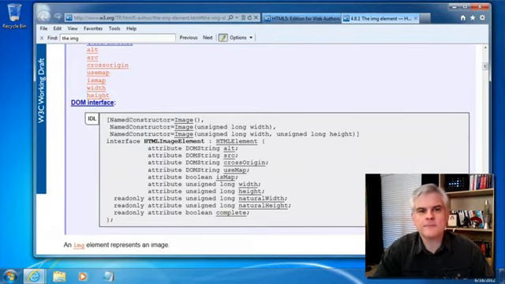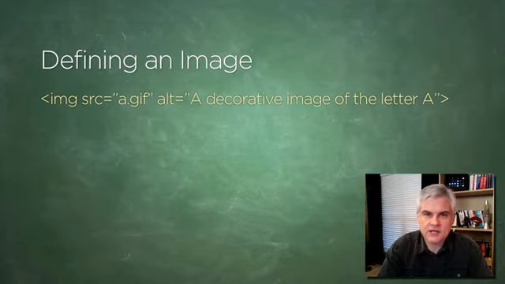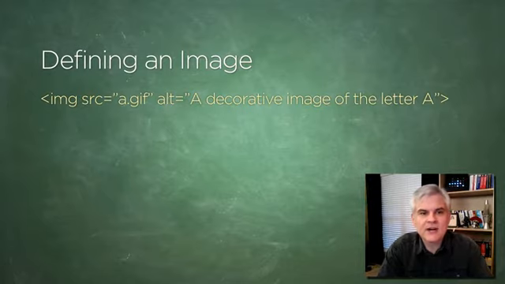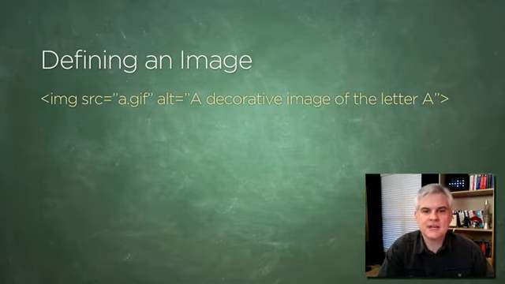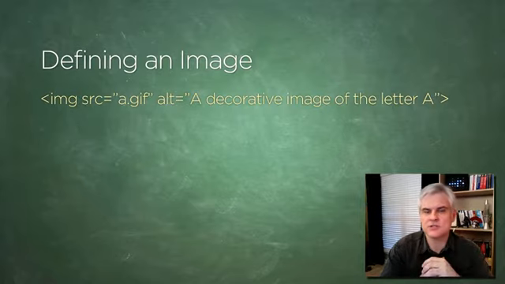In its basic form, you simply need the following to define an image. So the IMG source attribute equals, and then the alt attribute equals. So it simply has two requirements: a valid source attribute that points to an image file using a URL, and then an alt attribute which describes the image for those who can't process images or those who have image loading disabled. So here again, a nod to screen reader software for those who have limited or no vision capabilities. The alt value would be read aloud in these cases,